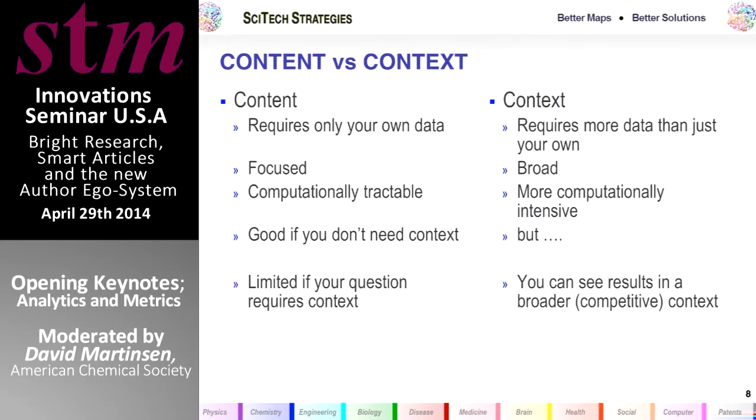So this notion of content and context is something that we feel is really important, and part of that is because most of the people who create maps of science generate maps which I would call content maps or local maps. So they'll take their little chunk of data. The map that I showed you, of my 40 publications, or the 40 publications from our team, is a local map. That is a content-based map. That doesn't place that information within the context of broader science and what's going on. So if you're doing a content-based map, all you have to look at is your own data.